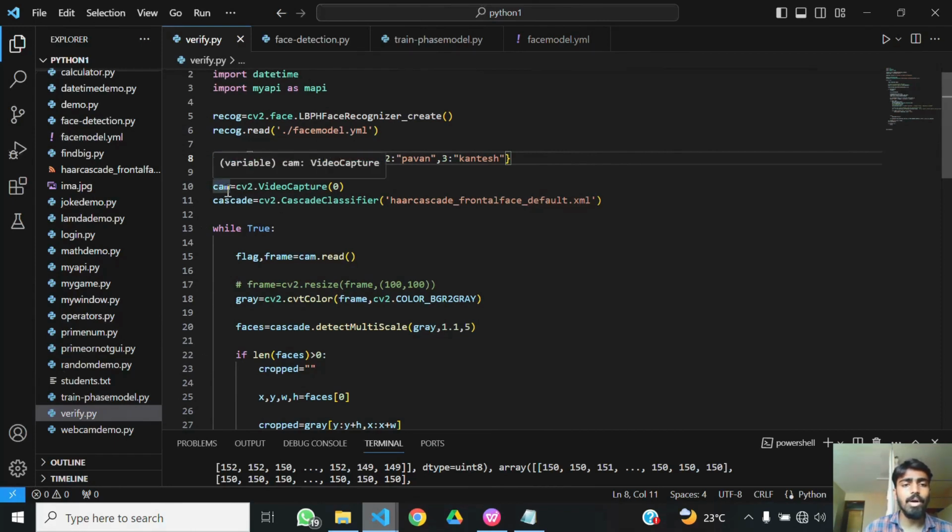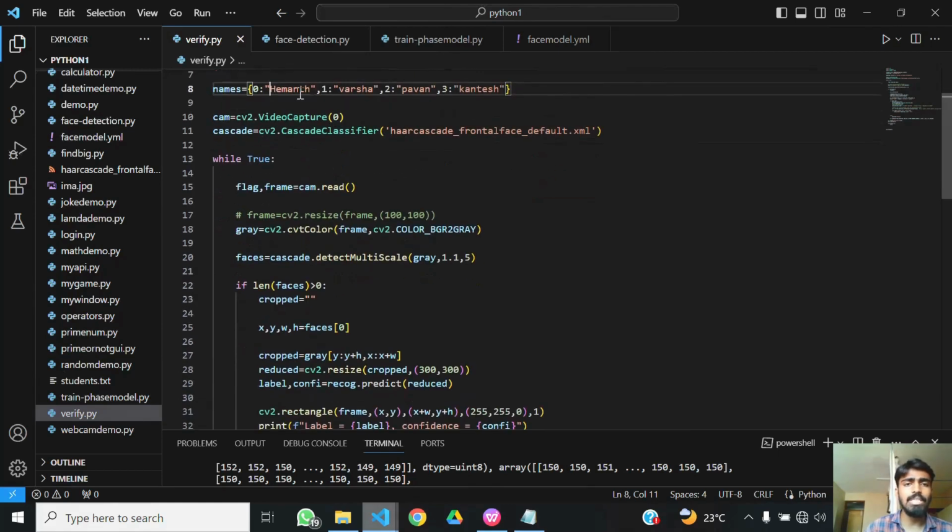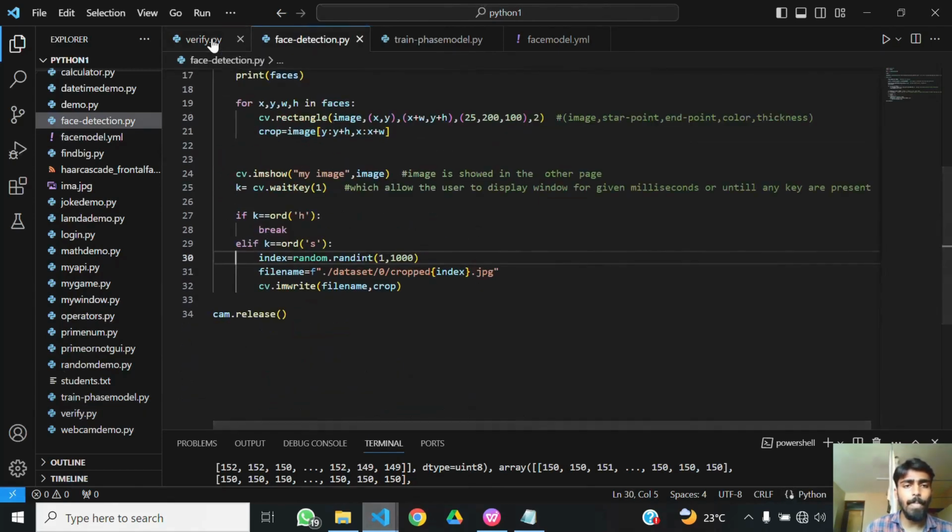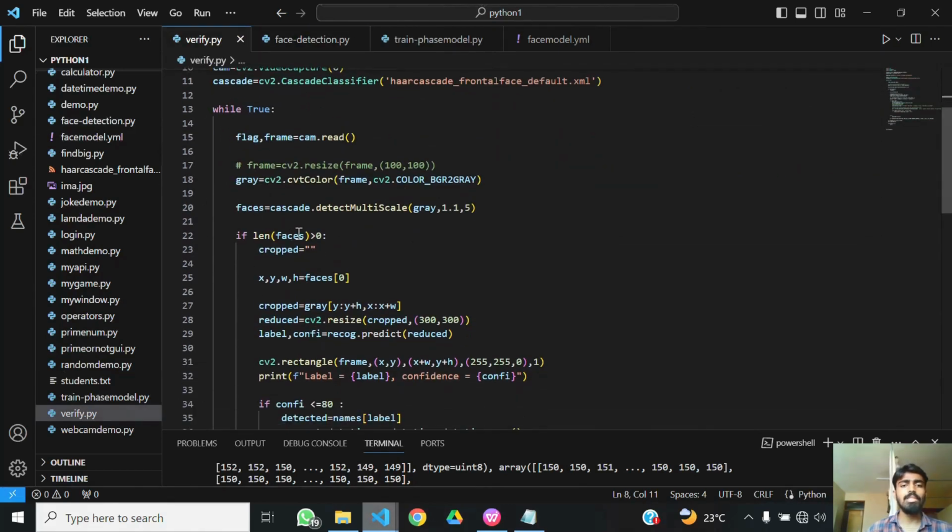And cam is an object through which the video capture can be stored. Then the cascade algorithm, as discussed above, the same as we detect in the file. So in this we have a